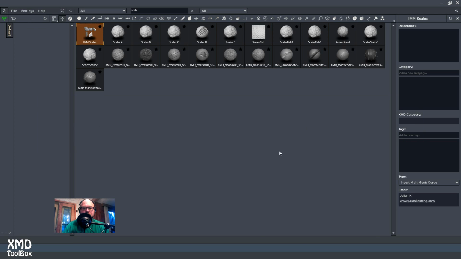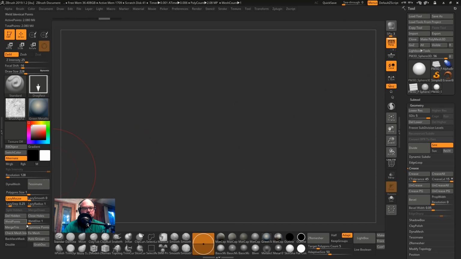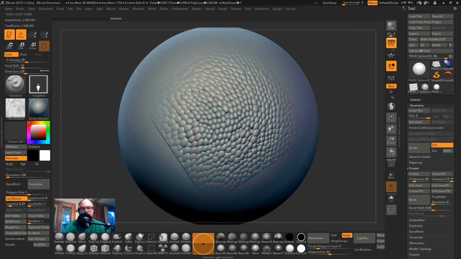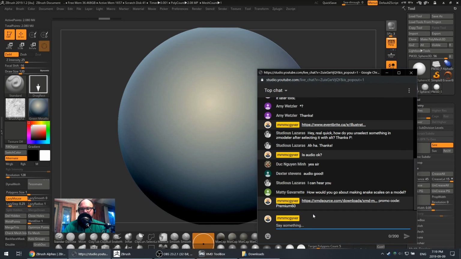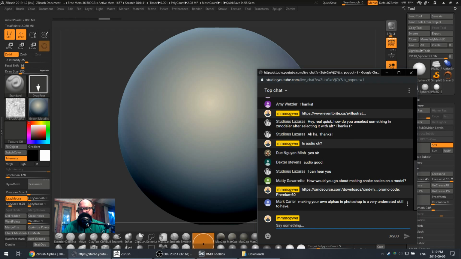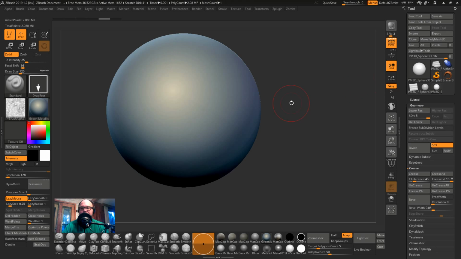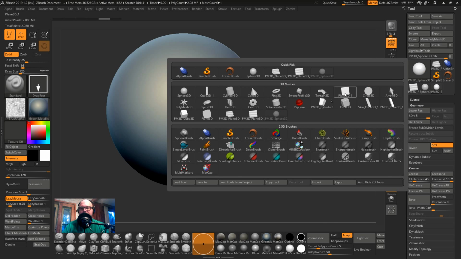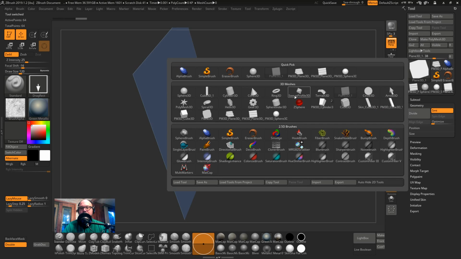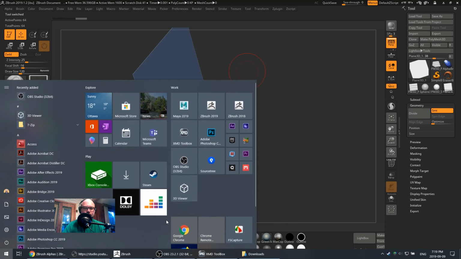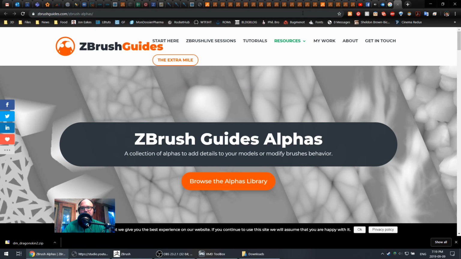Okay, let's take a look at ZBrush for a sec. Let's go back to the question here. If you wanted to make your own alphas, yes, making your own alphas is a very underrated skill. That is for sure, Mark. The other thing you can do is sculpt it. If we take a look at a scale, I think the best thing to do